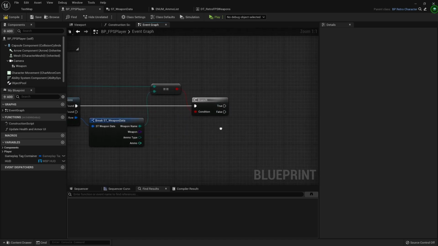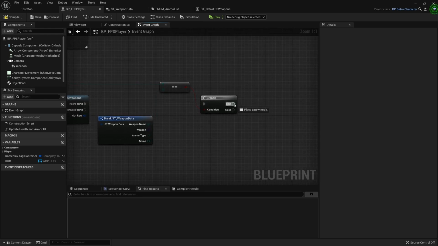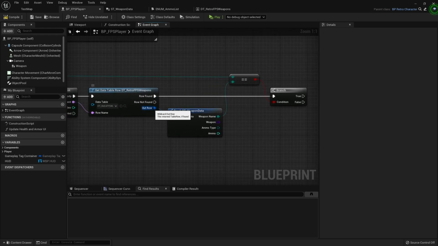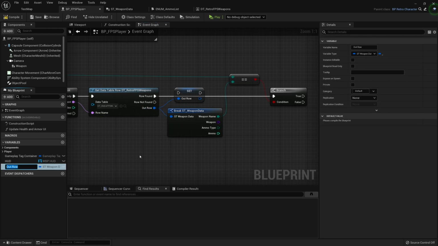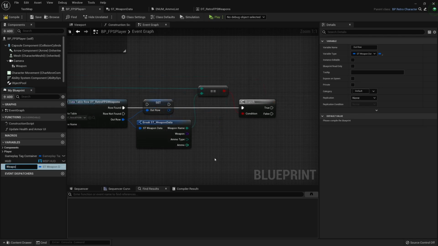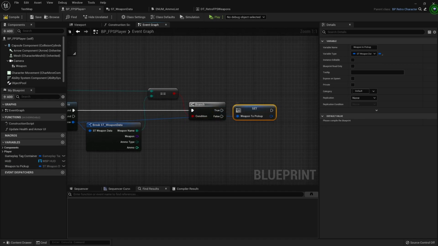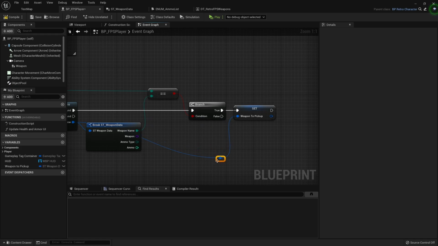And if it is true, we want to save this out row. So if we right click it, we can promote it to a variable. And we'll call this weapon to pick up. And we can set that after the true output of this branch. And I'm just going to move this down so it's out of the way.